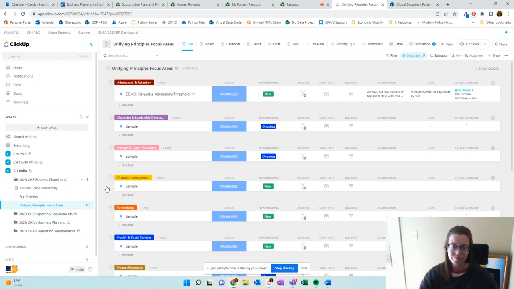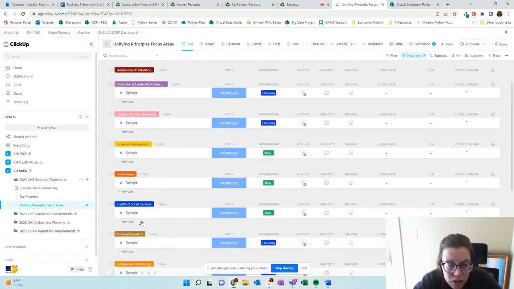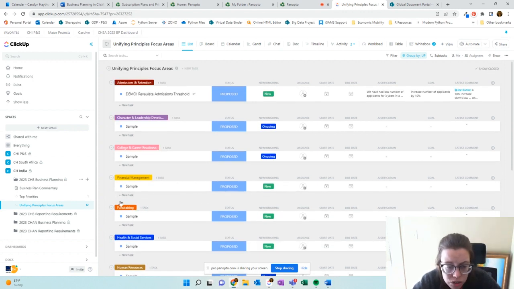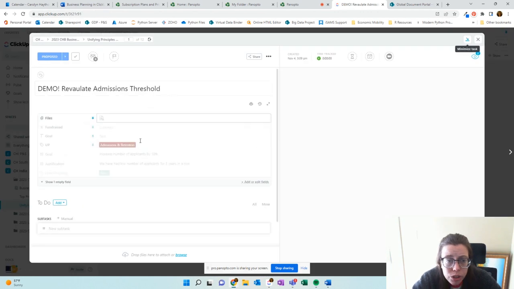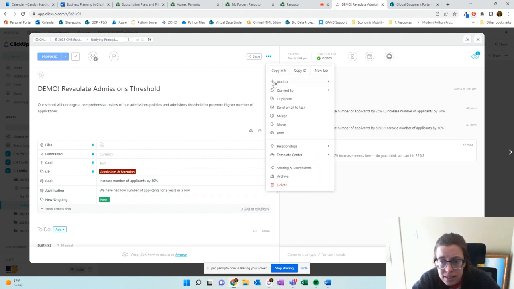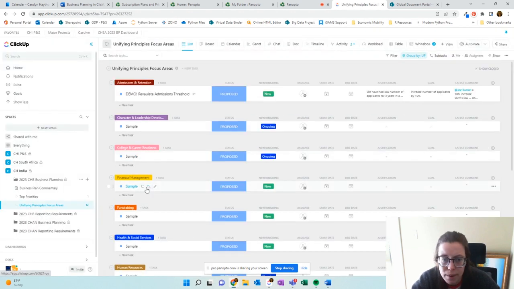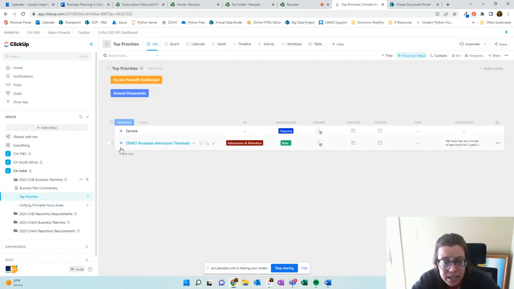whole organization. What you'll do to do that is once you fill all of these out and you have all of the priorities for each unifying principle, you can go in and add it to your top priorities list. So you would just go open up the task, hit this, hit add to another list, and then you'll add it to your top priorities. And that makes it really nice just to see. Then you're not having to duplicate work or anything, but it's still in the same spot. And you'll see now,